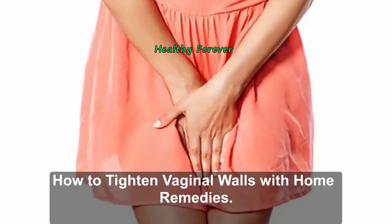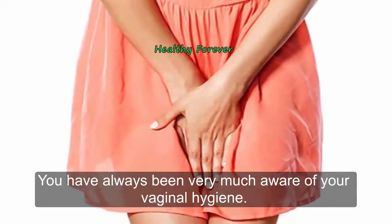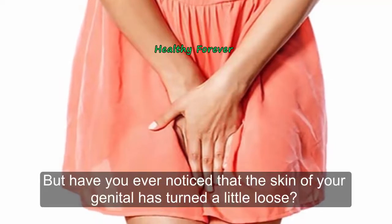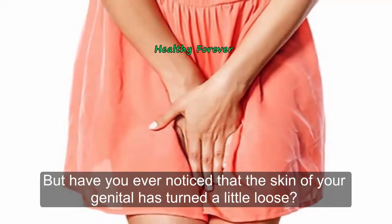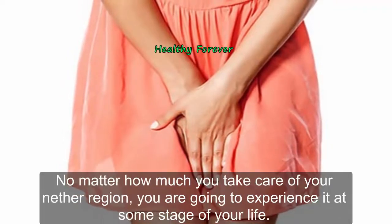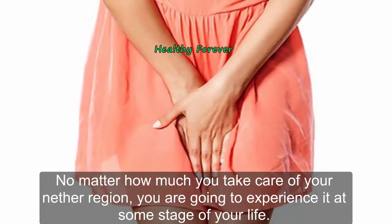How to tighten vaginal walls with home remedies. You have always been very much aware of your vaginal hygiene. But have you ever noticed that the skin of your genital has turned a little loose? No matter how much you take care of your nether region, you are going to experience it at some stage